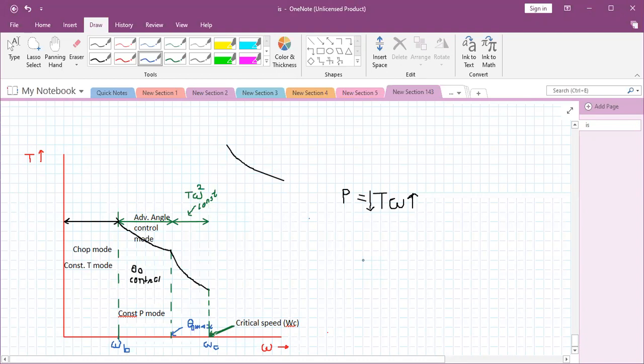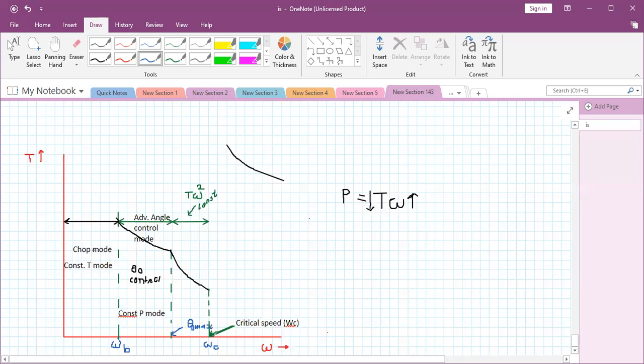If it is asked to draw the torque speed characteristics of the SRM, then you have to draw these characteristics. In the first step, the torque is constant. In the second step, the torque is inversely proportional to omega, because as I told you, to keep the power constant, if omega is increasing, torque is decreasing. In the third case, omega square is there. Omega is increasing in a square, and your torque is directly proportional. So these three modes will be there. I hope that up to here it is clear.